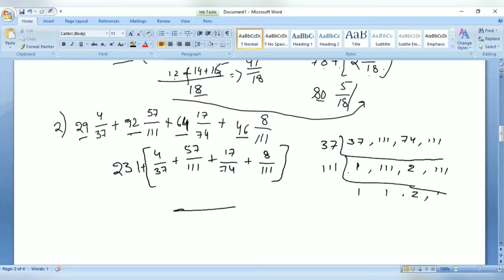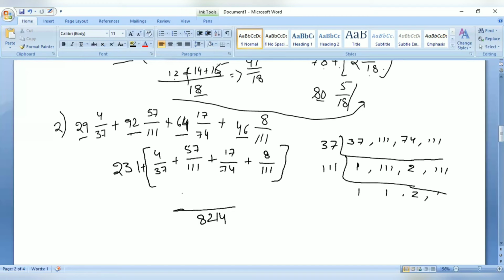So now quickly calculate and tell me the value. 37 into 111 into 2. So what is the value, sir? 8,214. So now identify the values. Okay, now identify those values. If you take 8,214,